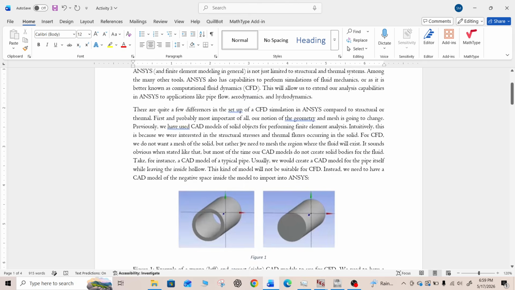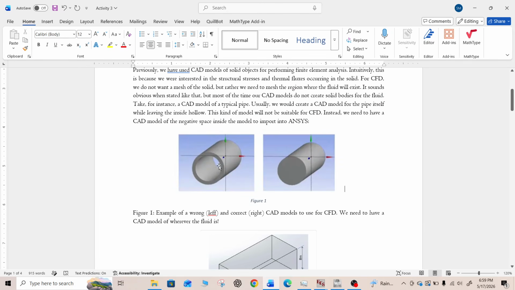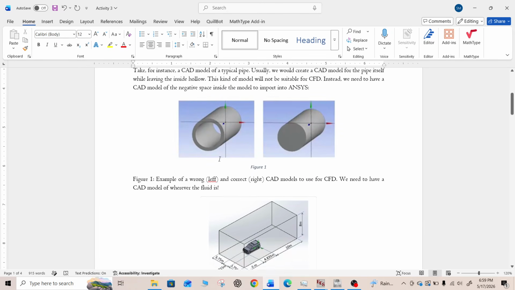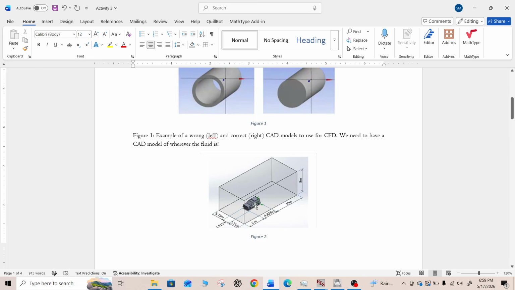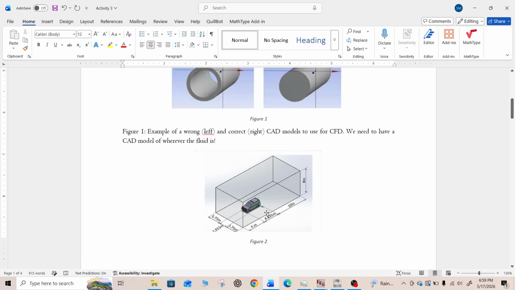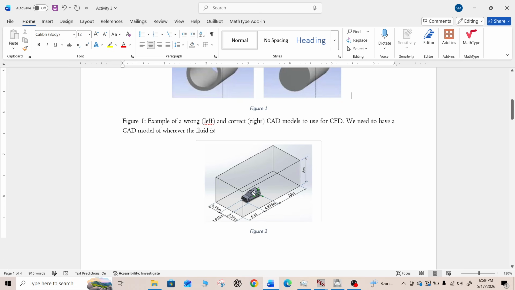This is an example of internal flow. But let's say you want to analyze how the air is flowing along this car or jeep. If you want to do the structural analysis, to see what kind of stress and strain is on the body of the structure, you can do that. But we want to know how the air is going to flow over this car. So we have to